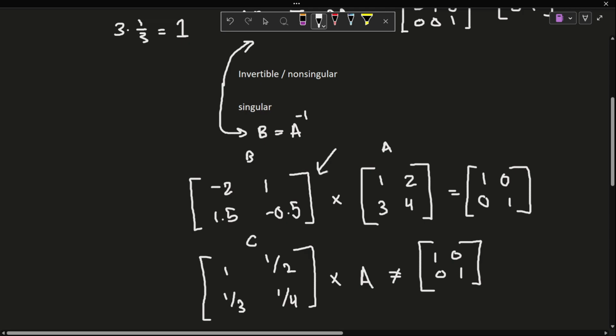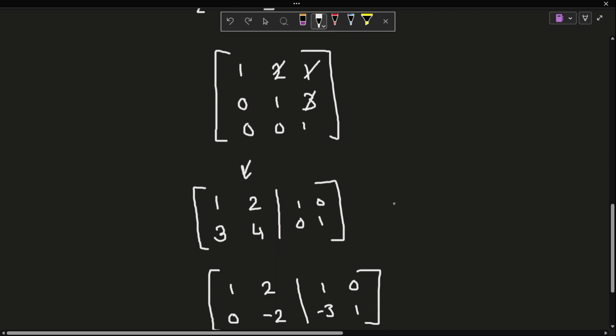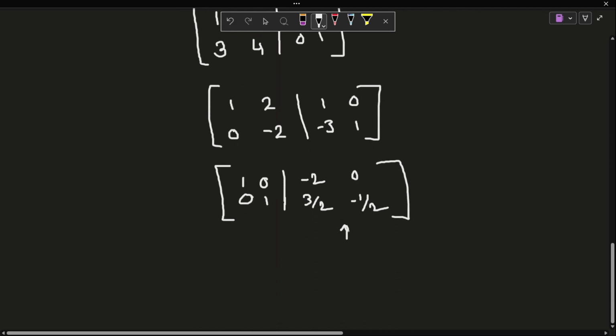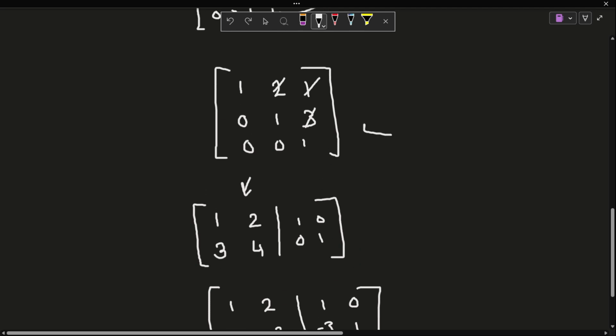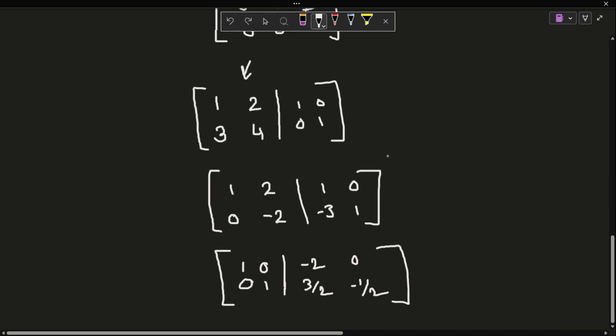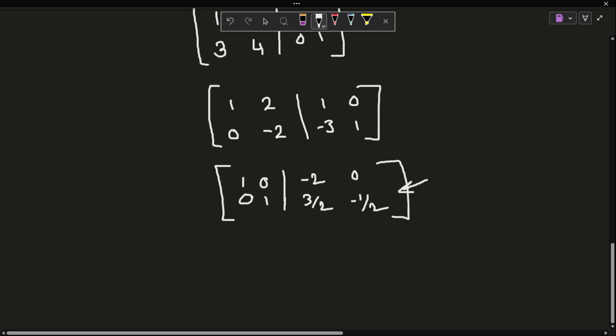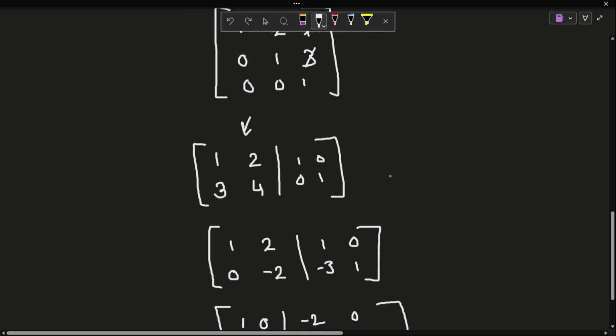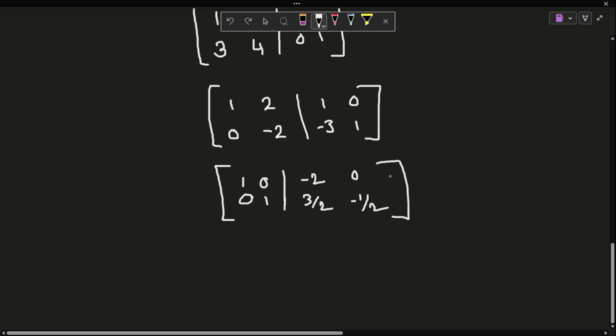We proved here that this is the inverse of this matrix, and then we got the same thing here. So clearly, taking this at face value, the fact that the inverse exists if you can transform the original matrix into the identity, it works. It all proves itself, kind of. Hopefully this made sense, because what we're doing is performing operations on a matrix, and those operations are converting it into the identity matrix, which is basically just what the inverse does, right?